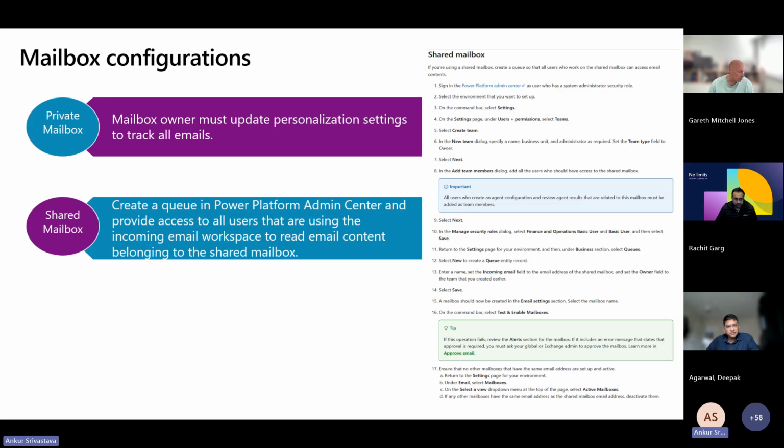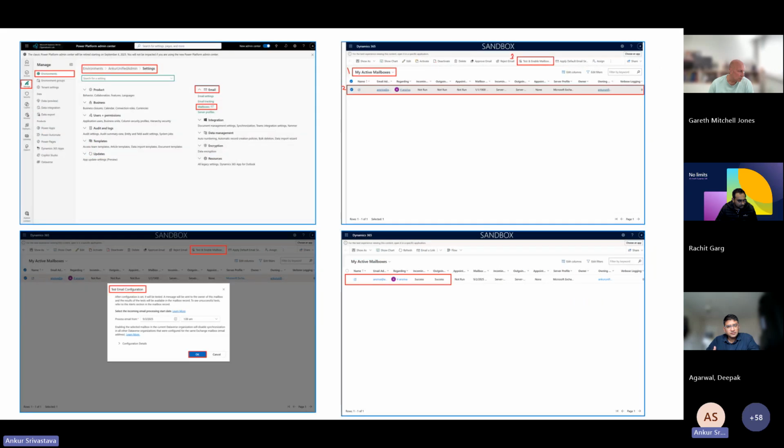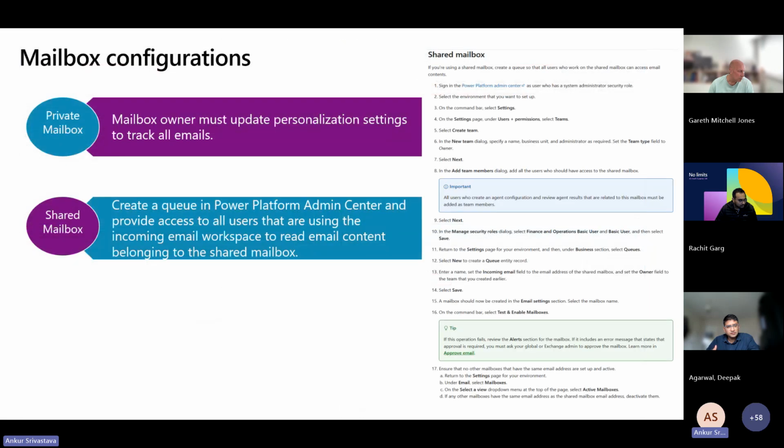Once the purchase order is received, somebody has to act on it. So that is why these steps are important to understand. And you need to create a queue in Power Platform Admin Center and provide access to all users that are using the incoming email workspace to read email content belonging to the shared mailbox. Okay.